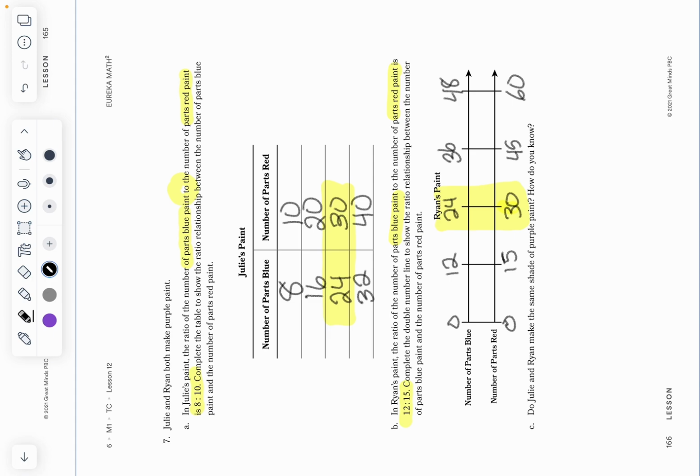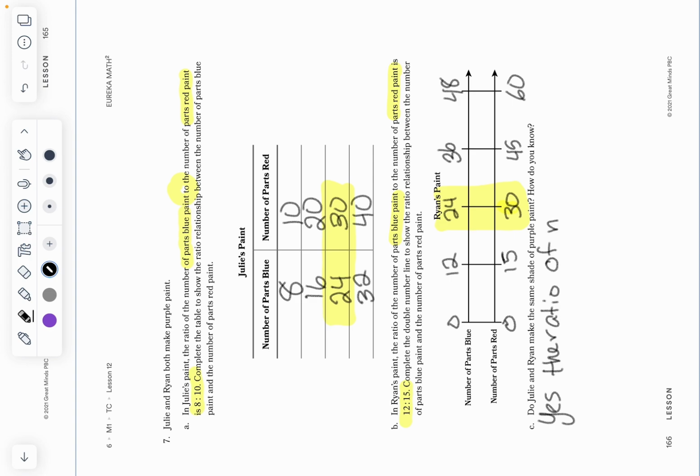So that's another thing you need to check and make sure the blue is 24 on both of them and the 30 is red on both of them, because sometimes they have the numbers correct, like 24 to 30, but they don't have it correctly as red to blue or blue to red. So you need to check that and make sure that checks out, and it does. So what does that tell us? That tells us that yes, the ratio